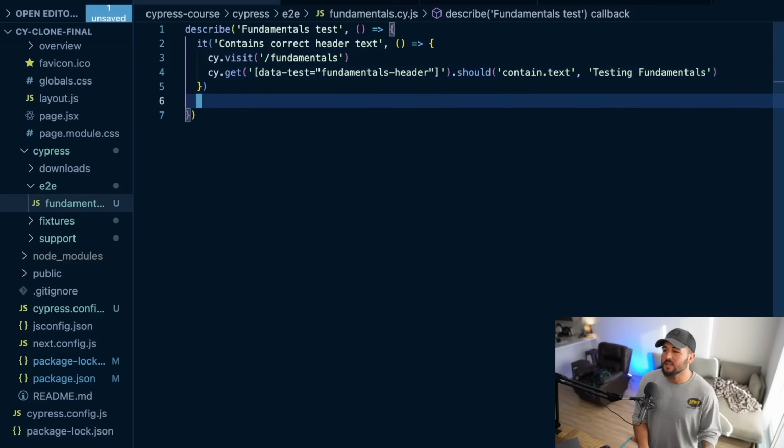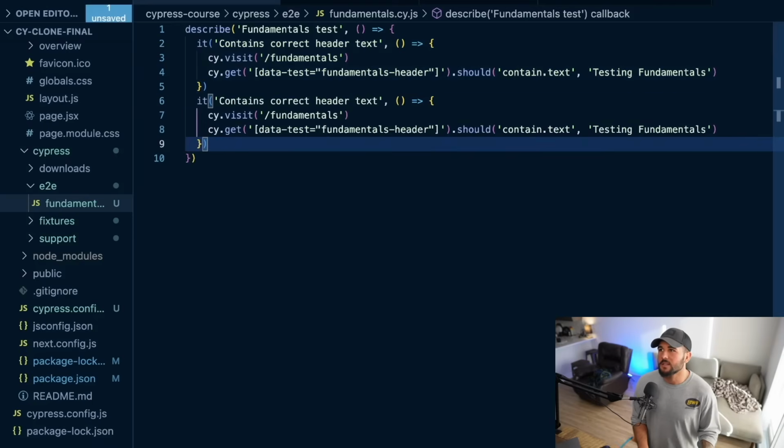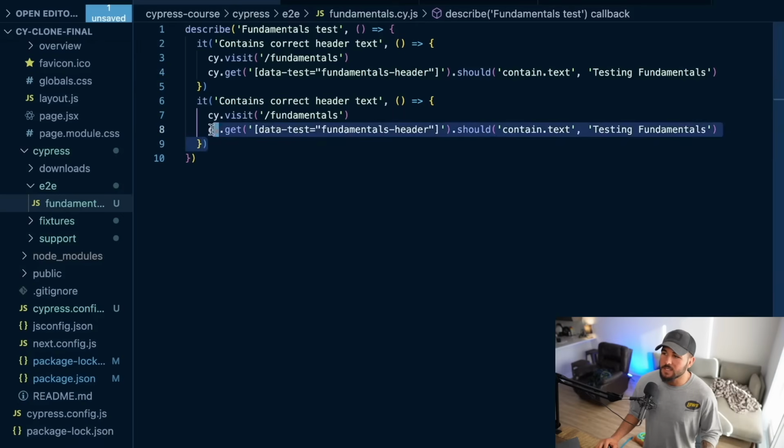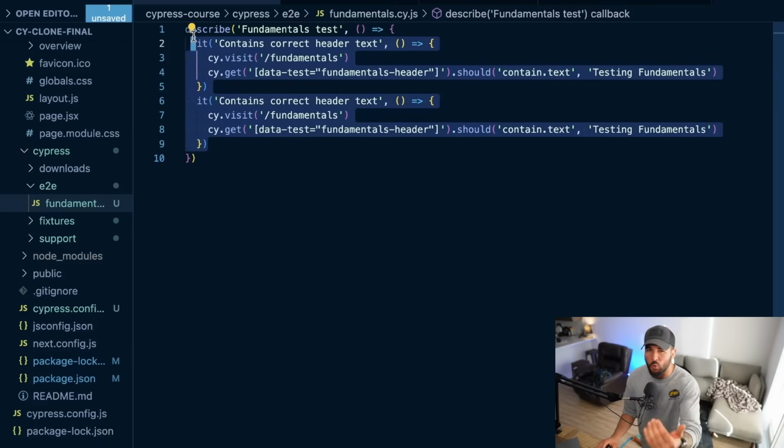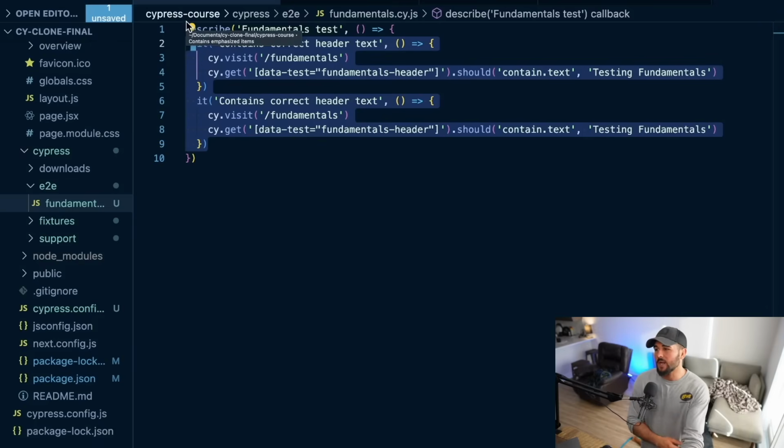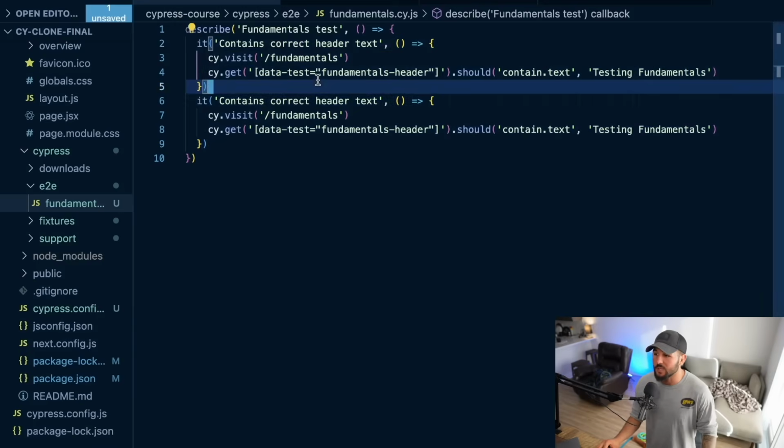I'm doing this because I'm going to show you something using the beforeEach command here in a sec. So I'm doing this more for example purposes, but as I mentioned for best practices, you probably would want to make this in a real world situation just one longer test rather than writing a bunch of small little unit tests. Cypress recommends that you write a little bit longer test than what I'll be doing here,